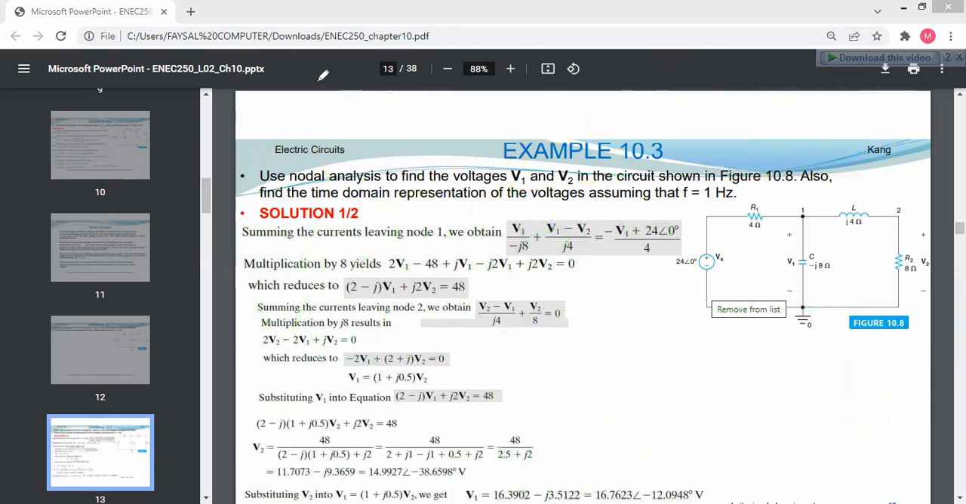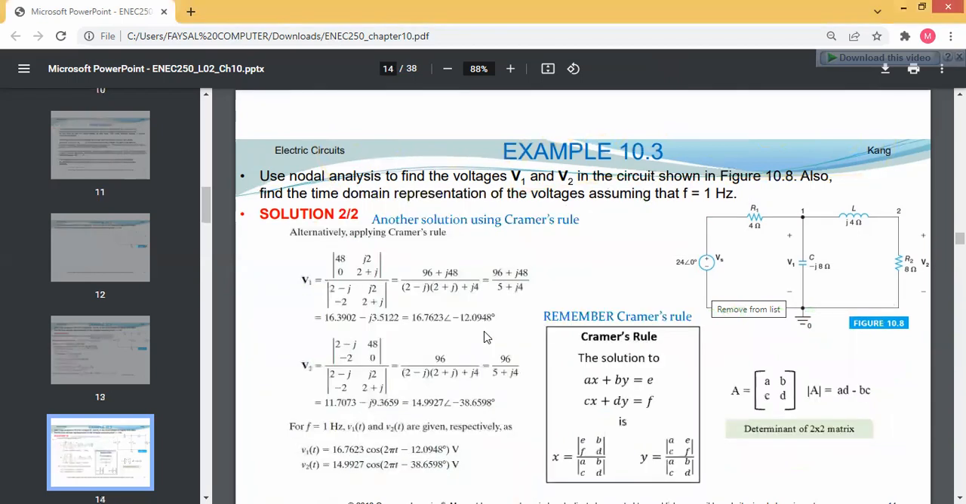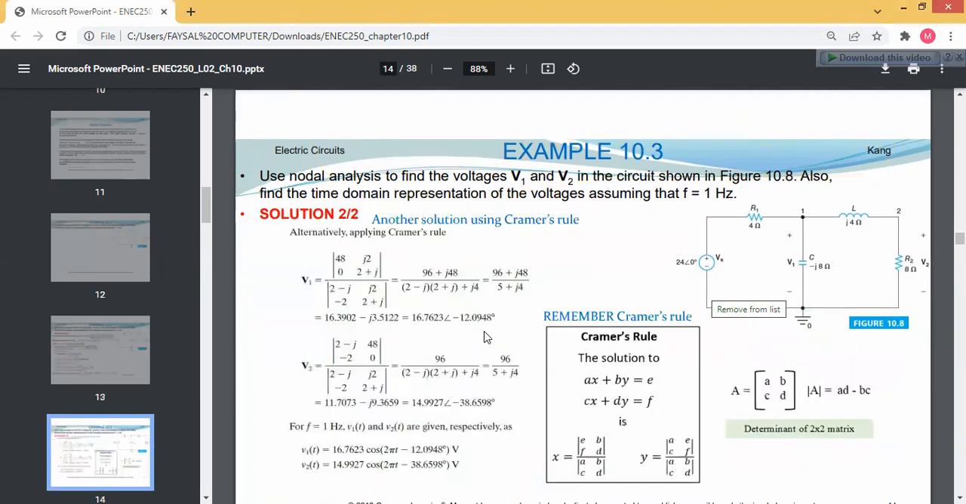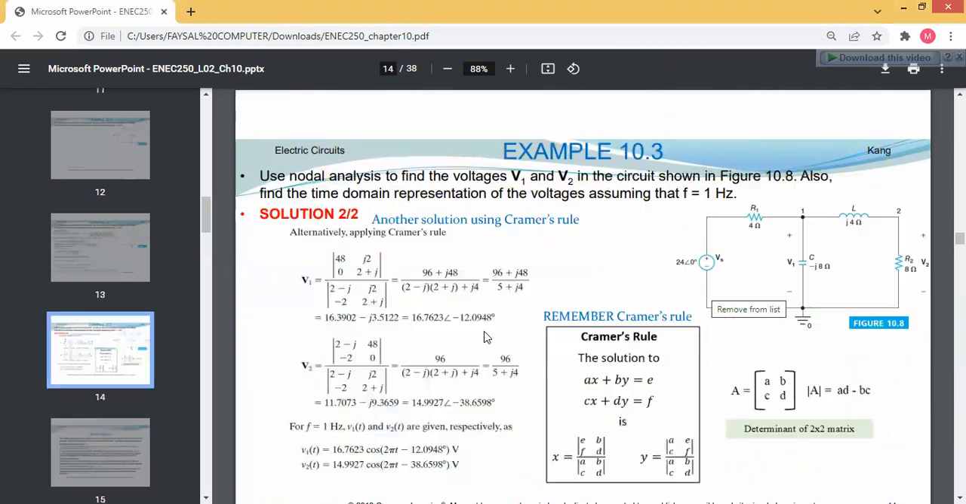Now moving towards the next one. So this is the first method by using nodal analysis. Now the second is by using Cramer's rule. So how to find, or what is the method to find it by using Cramer's rule? So it will be like V1 equals to, Cramer's rule says that let's say we have